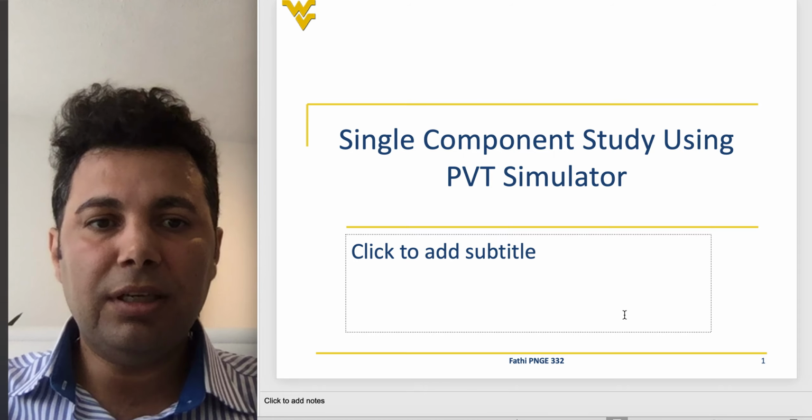PVT simulator is even better, because when I was a student and I was using PVT apparatus, it was taking us like 3-4 hours to just do one step of one experiment. So it was very frustrating, very time consuming, and you have to split the time and do it during the weekend, and it was a headache. But with this PVT simulator, it's very easy, and